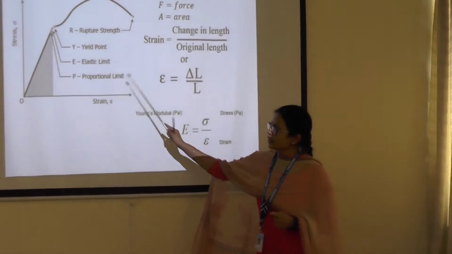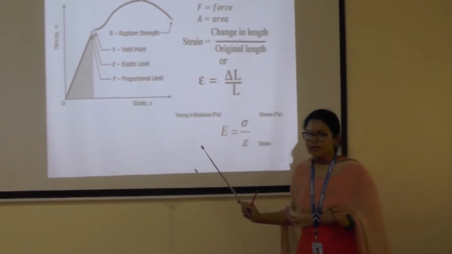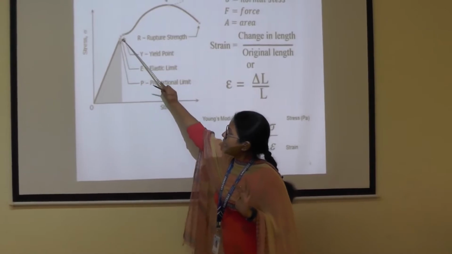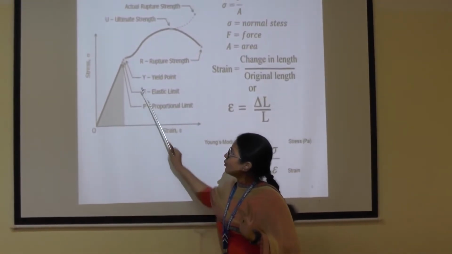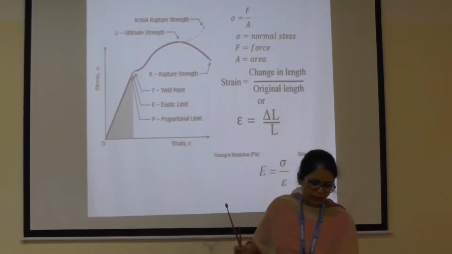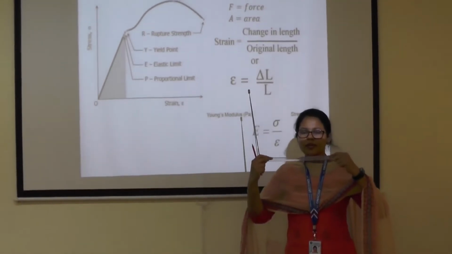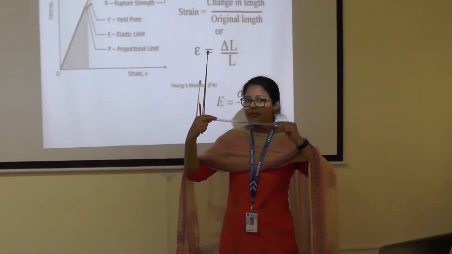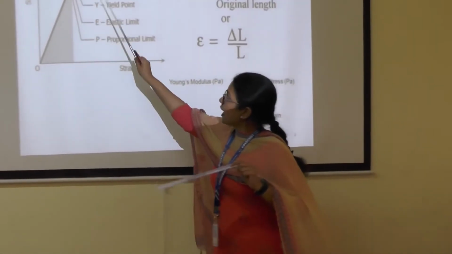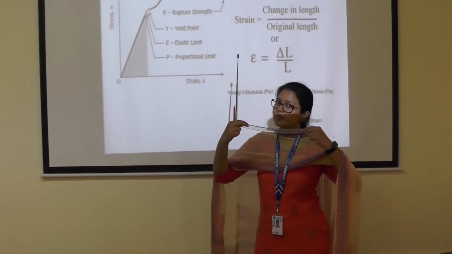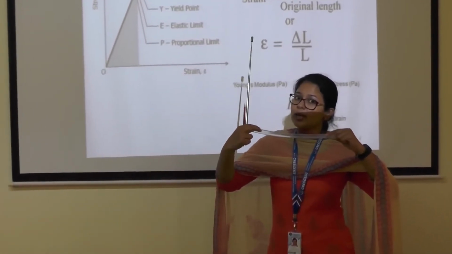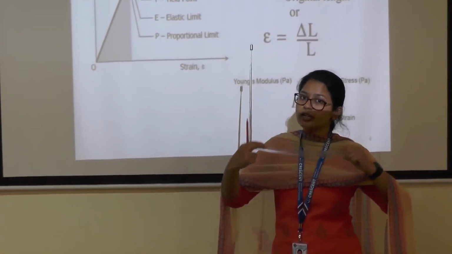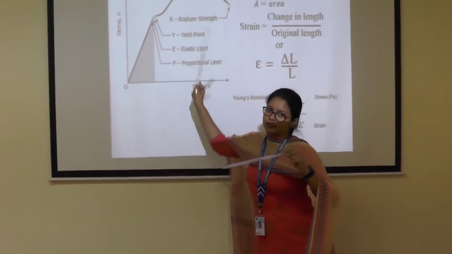So stress and strain of any element. Now I am taking the stress and strain components of an element. Within the elastic limit, the stress is directly proportional to the strain. This means when I apply the load to the beam or any structural element within the elastic limit, it comes back to its original position. Whereas after this elastic limit, if I keep on loading the beam, it goes for a permanent deformation. This permanent deformation occurs only in the plastic region.